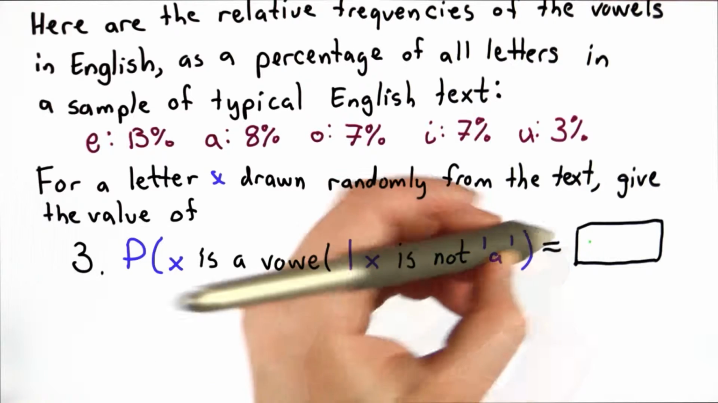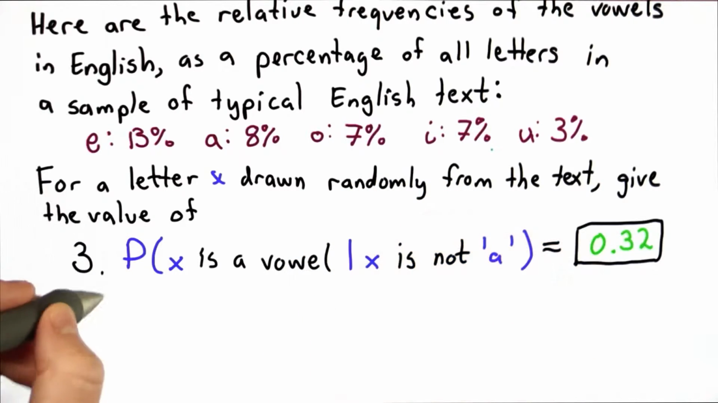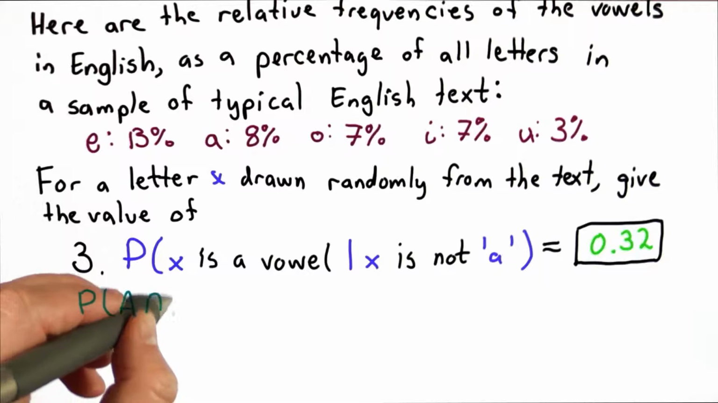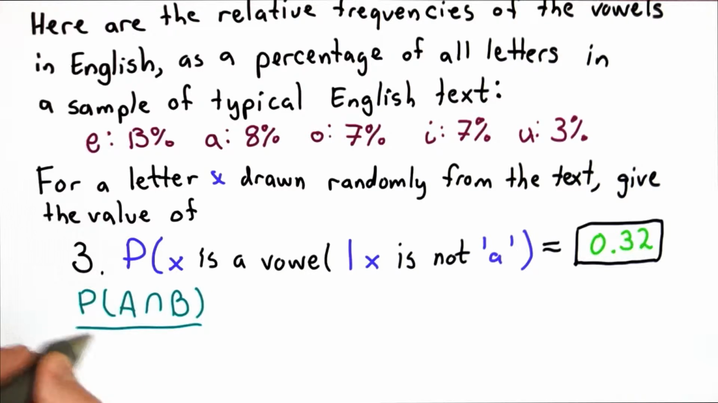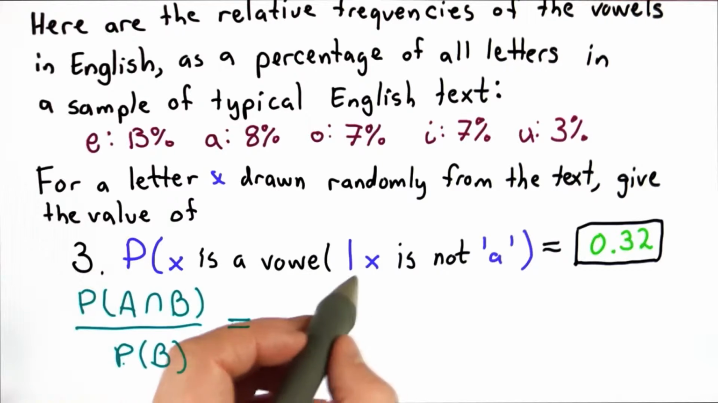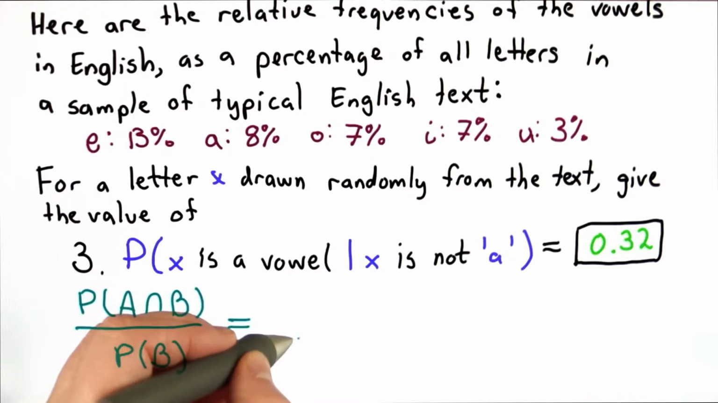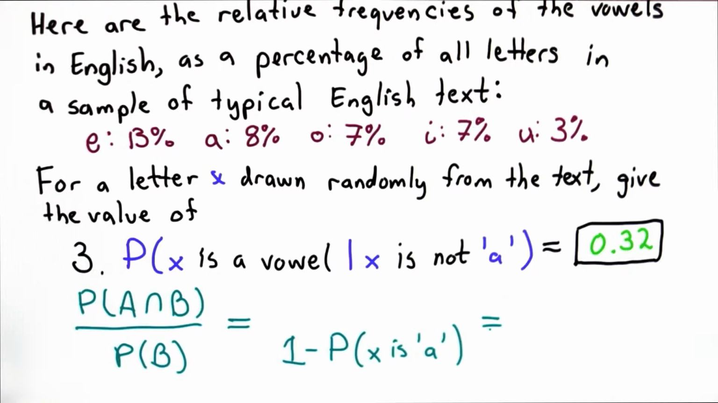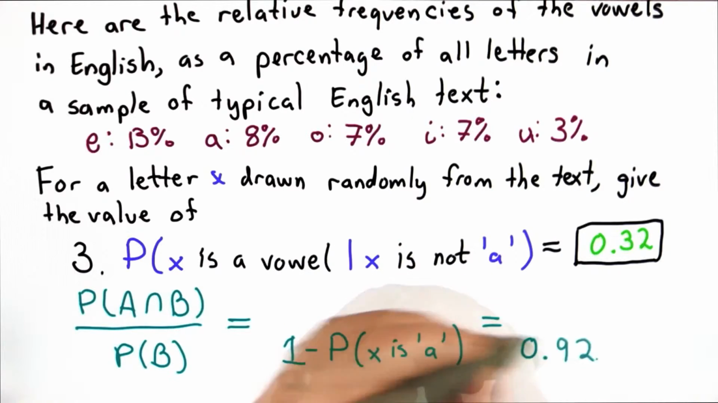The answer is 0.32. And we're computing this using the conditional probability rule. So that means we need the probability of A intersect B divided by the probability of B. In this case, B is the case where X is not A. So that's 1 minus the probability where X is A, which is equal to 0.92, since the probability that X